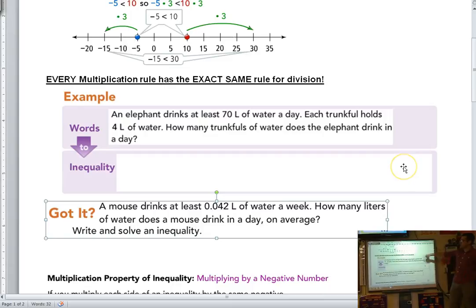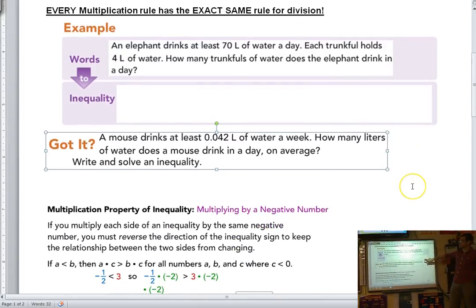So, did we get through the elephant problem? No, we only did this. Yeah, we just looked at the bottom thing, right? Friday, February 13th. Or, sorry, January 13th. It is Friday the 13th. Spoopy. So, an elephant drinks at least...